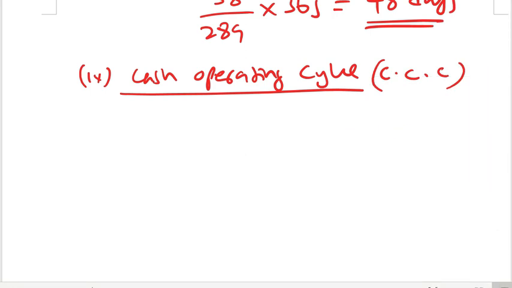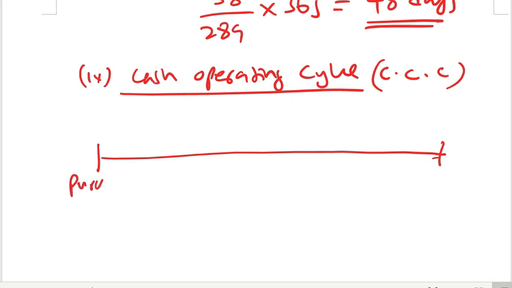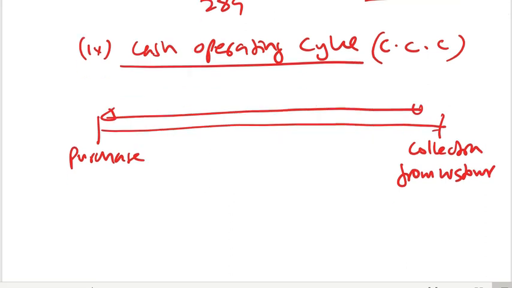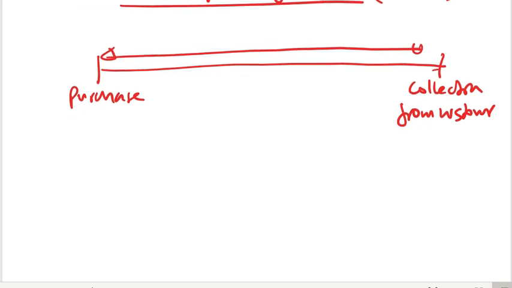So basically, it is the length between the purchases and collection from customers. So this is the cash conversion cycle. So in order to calculate this, what we have to do is we need to identify the